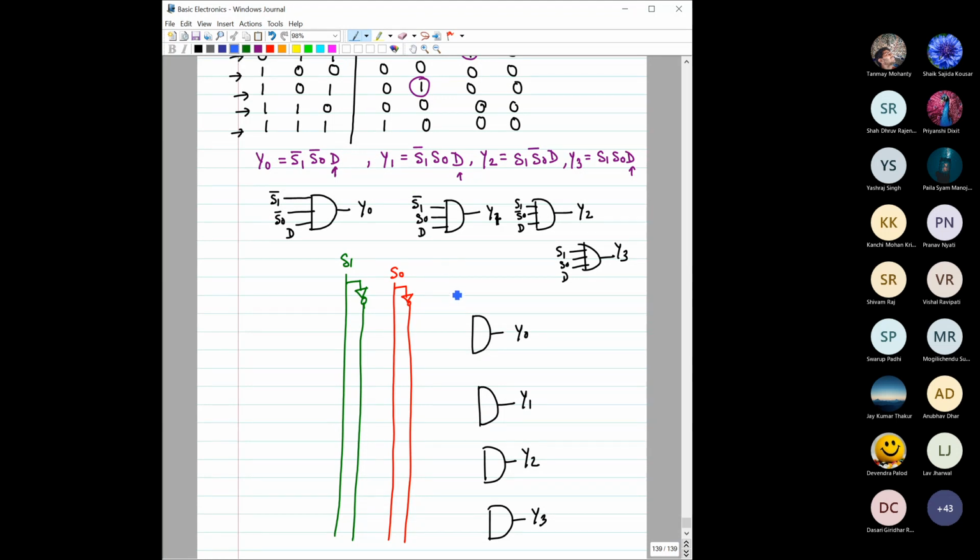You can take it from anywhere. Let's say that we are taking this data input from here. So this is the data input D, right? And let us now connect. You know that D will be connected directly to all these gates, right? So basically what we have done here is not different, but it will give you some idea of how many wirings you really need to use